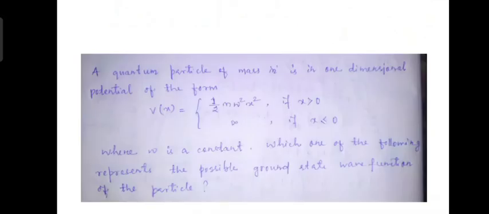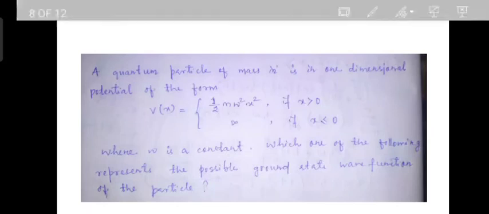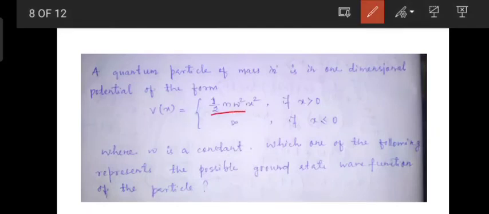Now another question. A quantum particle of mass m is in a one-dimensional potential of the form V of x equal to half m omega square x square when x is greater than 0 and is infinity when x is less than 0, where omega is a constant. Which one represents the possible ground state wave function? Okay, as we see from the